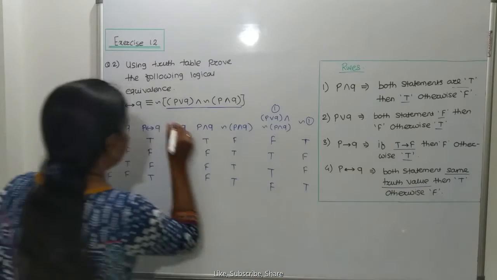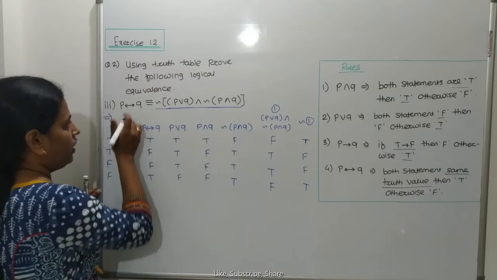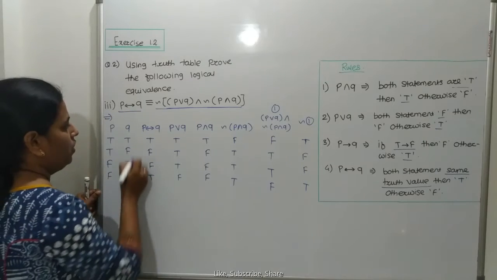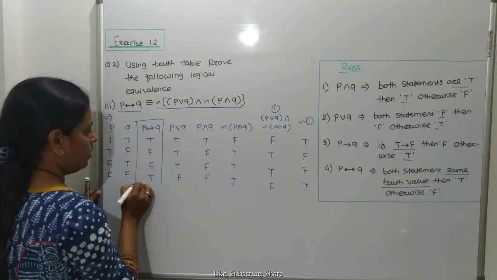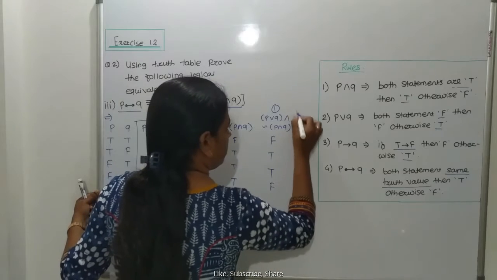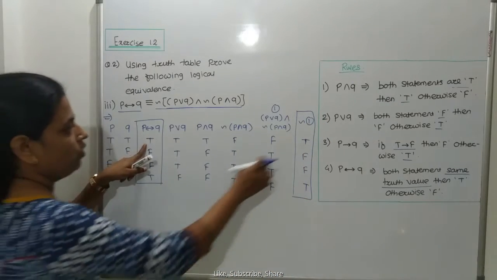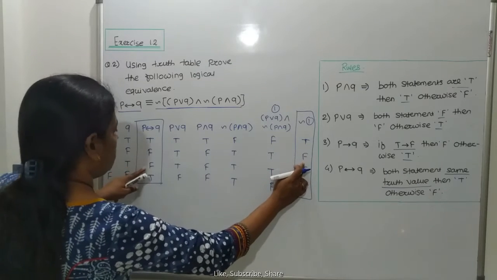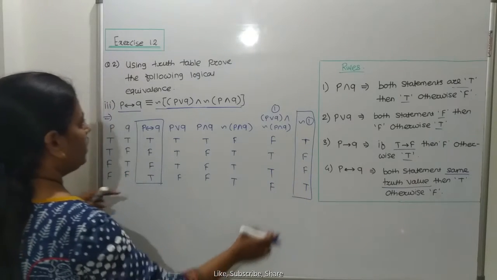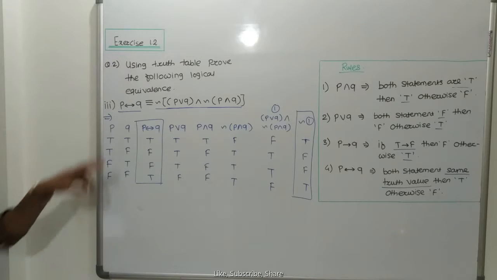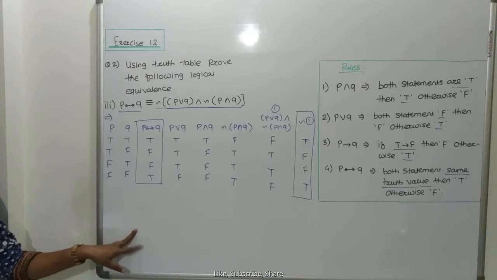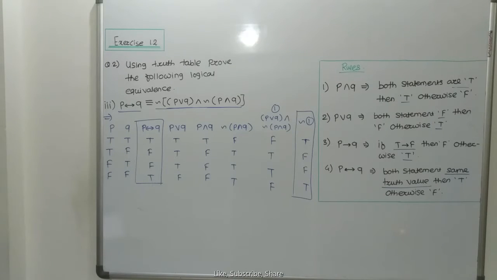That means you have to complete this side, the full side, and calculate this one also. So compare this one and the last one. Check the values of each one: true, true, false, false, false, false, true, true. That means you have to show the given statement pattern equivalence with the help of a truth table. If you want to write this, take the screenshot of it.